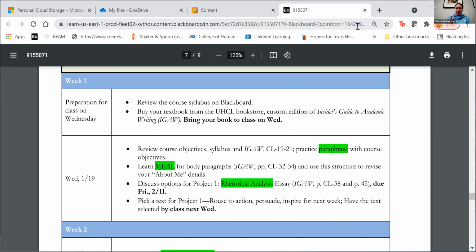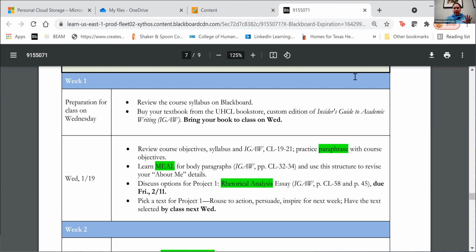But for the second Wednesday, we're going to definitely continue to meet on Zoom as instructed by the president of UHCL. So let me take you back through what we did last week and tie it into what's going on this week so that you have everything you need to prepare for Wednesday.